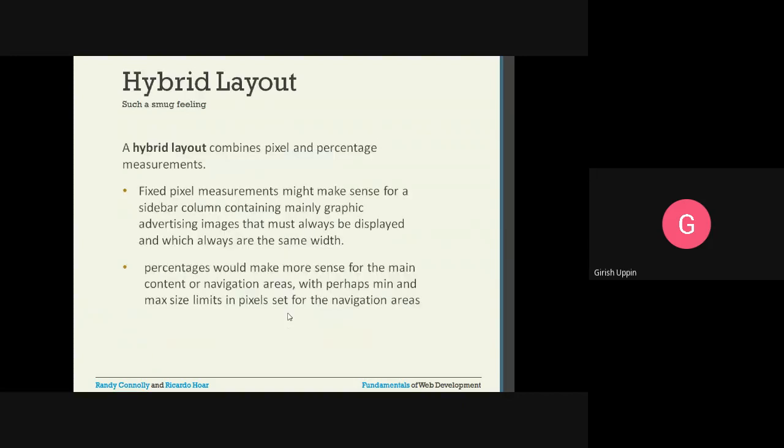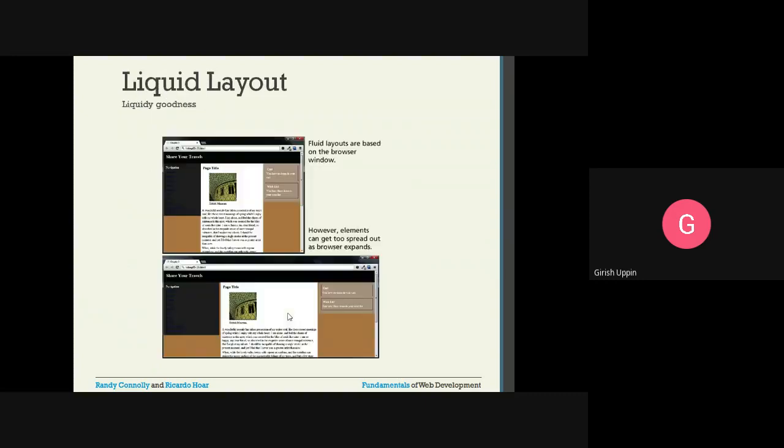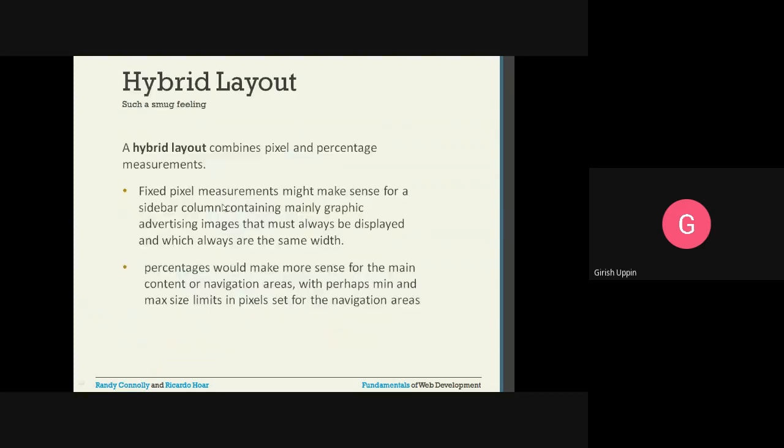How do we solve that particular problem? In this case, irrespective of what kind of screen we have, normally the navigation and all the links would be here. This width is almost fixed. Whatever size we want, all the content would be inside that particular section. We don't want to change it along with the size of a different screen. So in that case, we can use the hybrid layout.